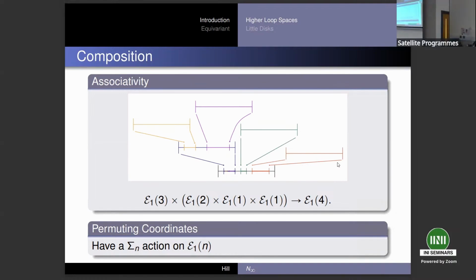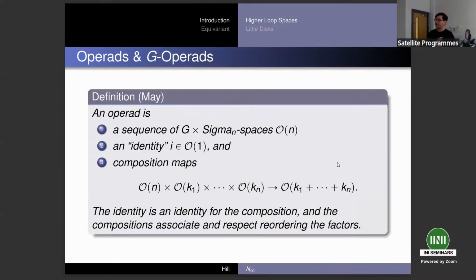So given this, I had a way to now say, take these four things and produce an embedding of the four into the one. And so this is a kind of composition, a way that I'm describing how to further multiply my loops. And the last bit of structure I have is that I can permute the coordinates. And then they took the examples that Stasheff had for associativity, essentially this one, and then Boardman and Vogt had to describe higher loops, especially E infinity, and they parameterized this.